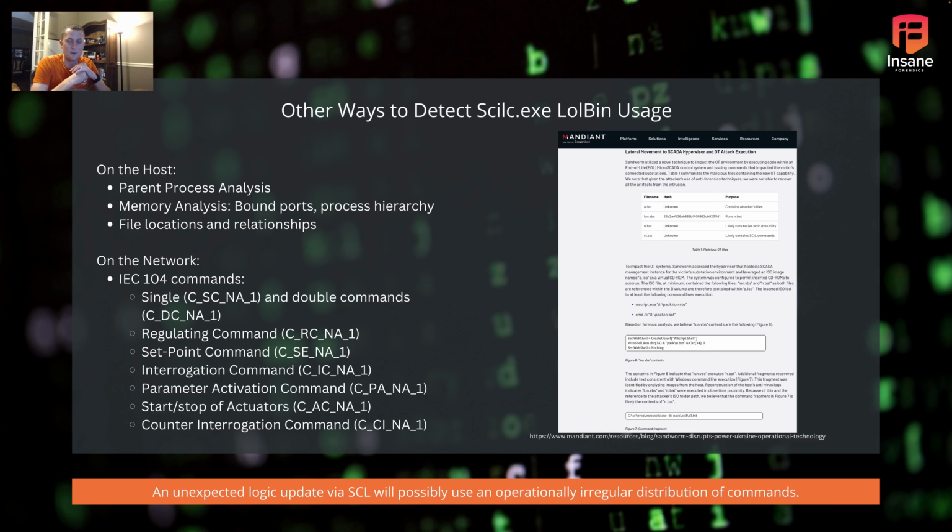File locations and relationships, right? For that parameter, when you're loading that malicious logic file to then call the script to push it out, or to call the legitimate application to put it out, the file location on that update to the industrial device is going to be in a weird folder most likely, or you're going to see a file write into that folder, or a weird resource in a legitimate folder, right? So understanding file locations and relationships.